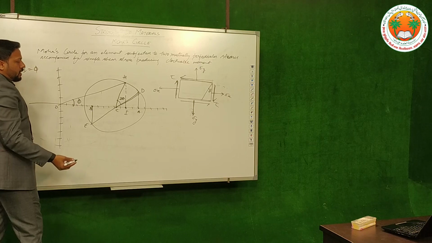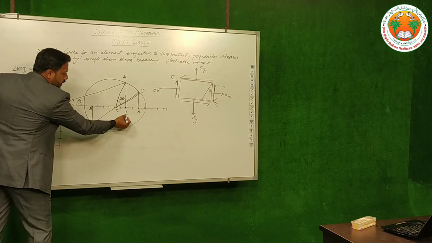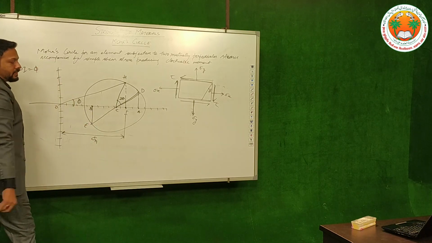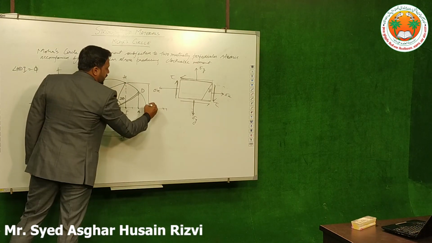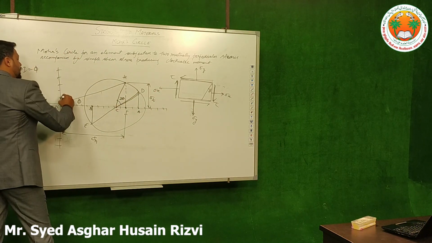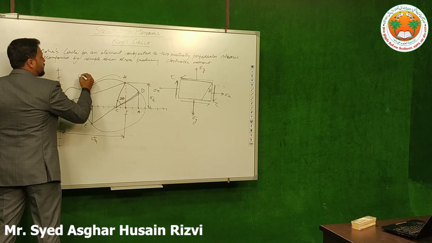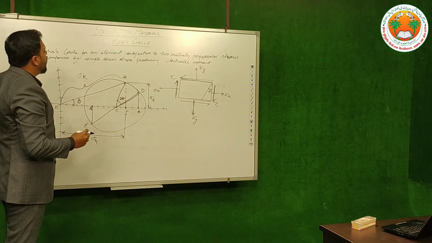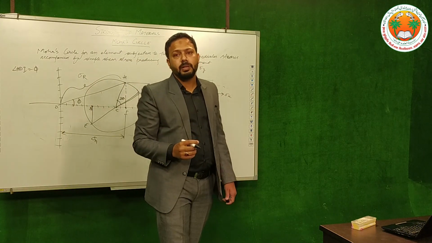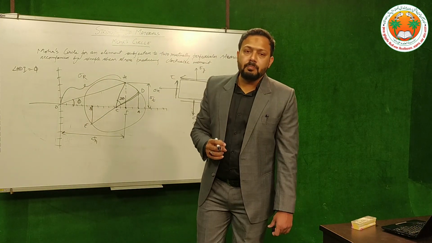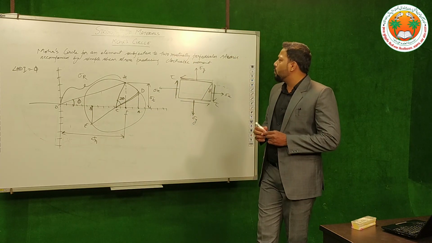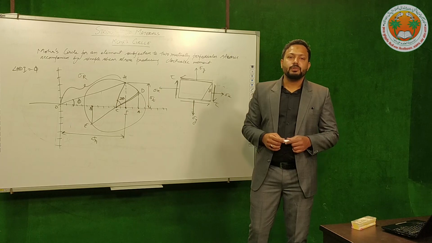Again, like in the previous two cases, we can see that OI is the normal stress, HI is the tangential stress, and OH is the resultant stress for this Mohr circle of an element that is subjected to two mutually perpendicular stresses accompanied by a simple shear stress producing a clockwise moment. That's all for today. Thank you.